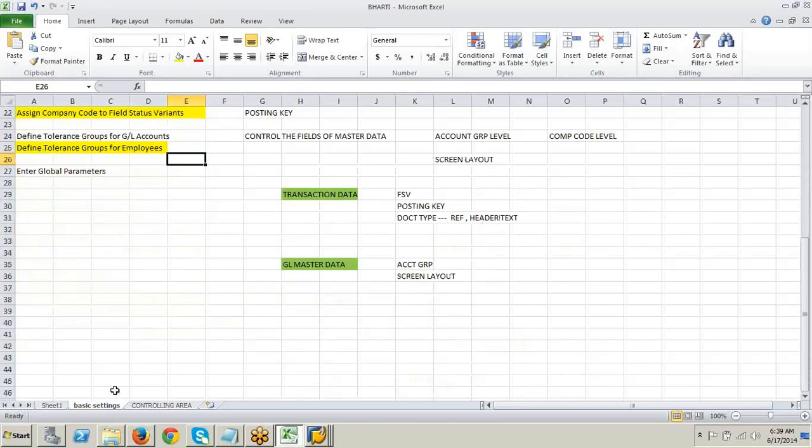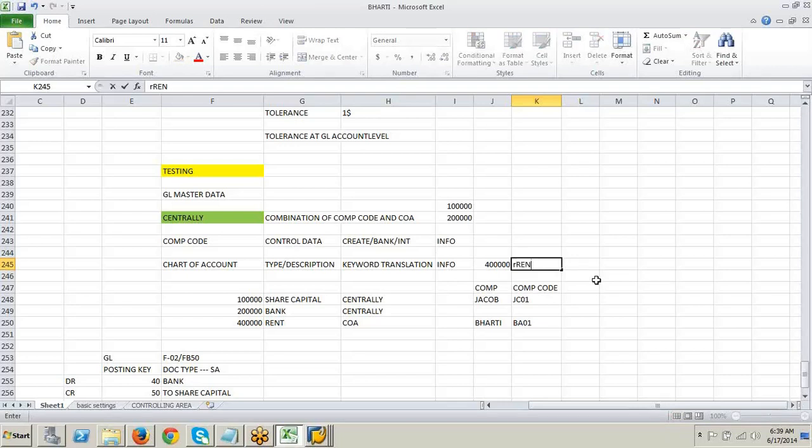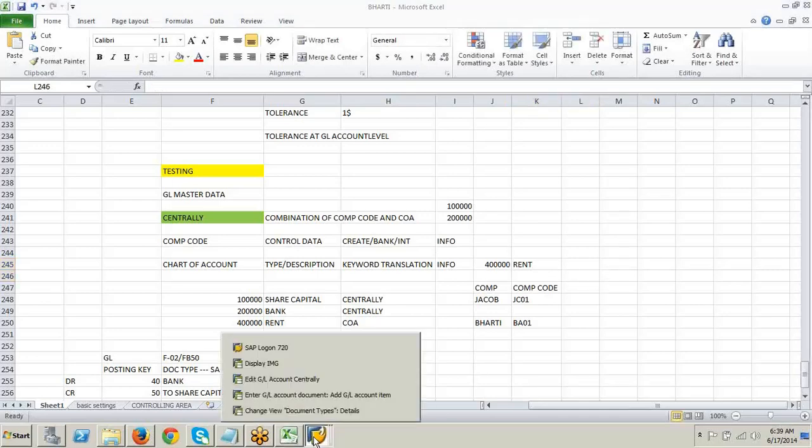Now, if you can recollect, we created centrally two GL accounts. Right, Bharti? One is share capital, one is bank. One more GL account also we created, right? Chart of account level. Did we or did we not? Rent, right? Did we create or not, Bharti? No?